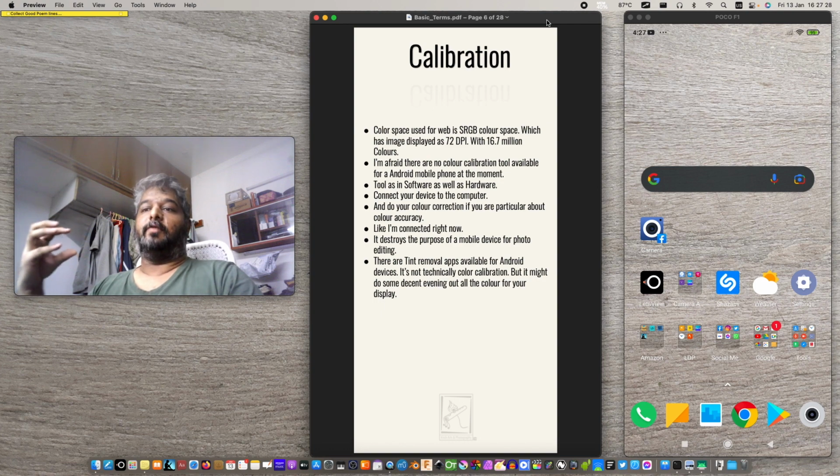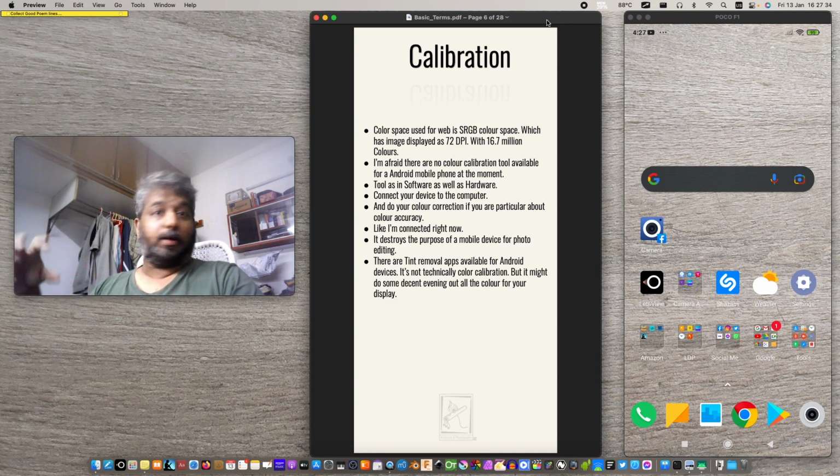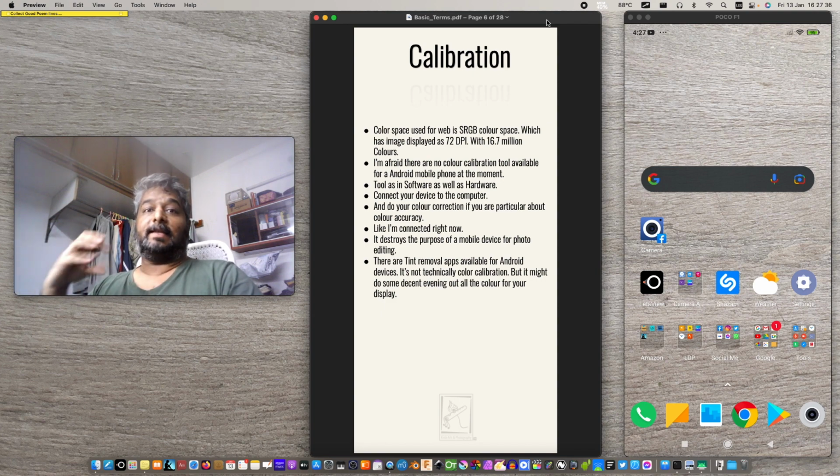And if you're going to use your photograph only for web content, you have to calibrate your computer for sRGB color space. Most mobile phone screens and web content are in sRGB color space, which means it has 72 dots per inch, or pixels per inch, whatever,